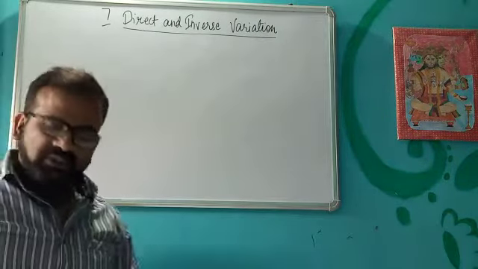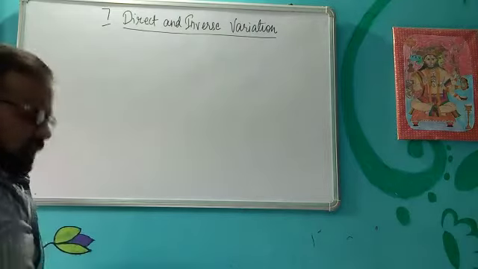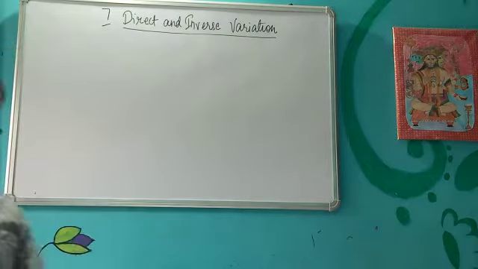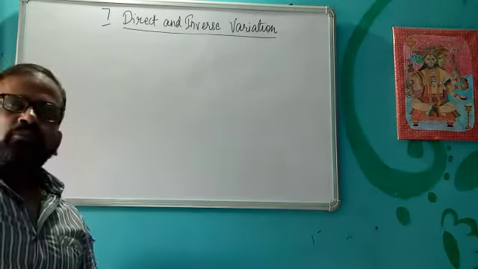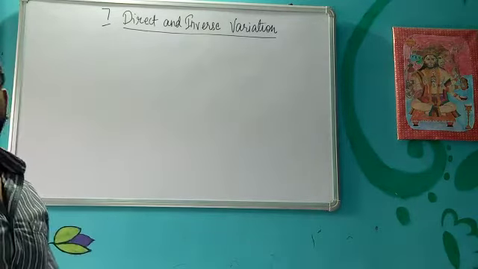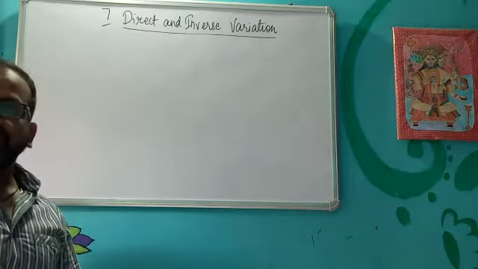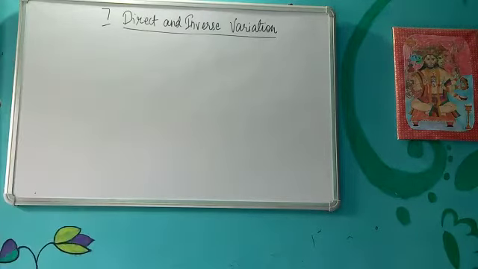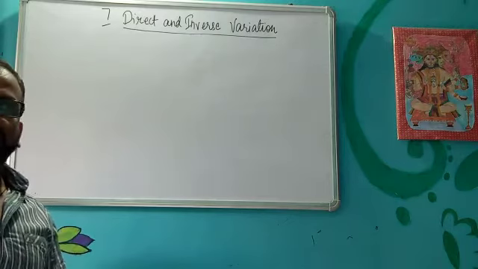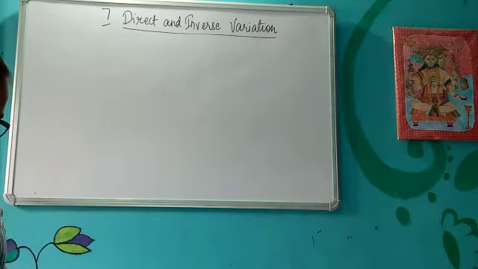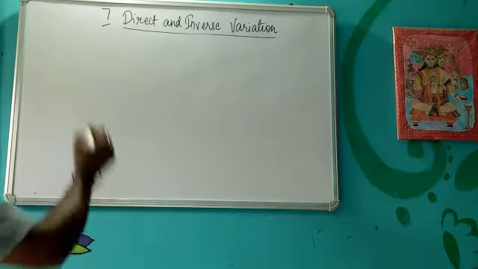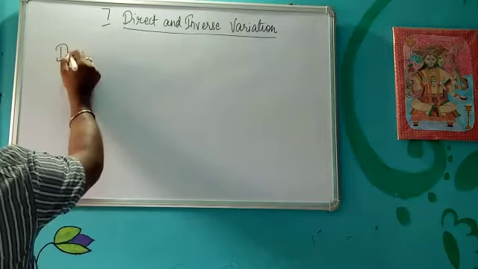So today we will start with a new chapter, direct and inverse variation. We have already learned that in order to compare two similar quantities, we use the concept of ratio. That concept of ratio we will use to solve the problems of direct and inverse variation. Now, what is direct variation and what is inverse variation? First of all, let's see what is direct